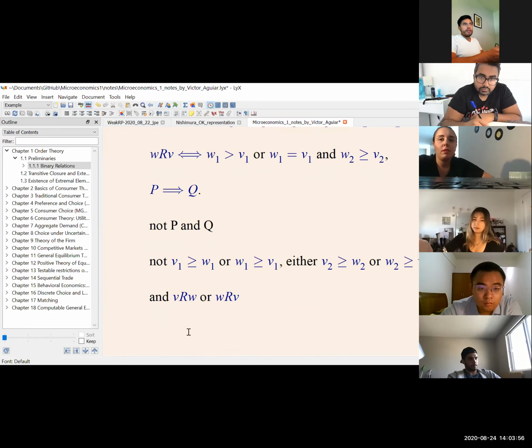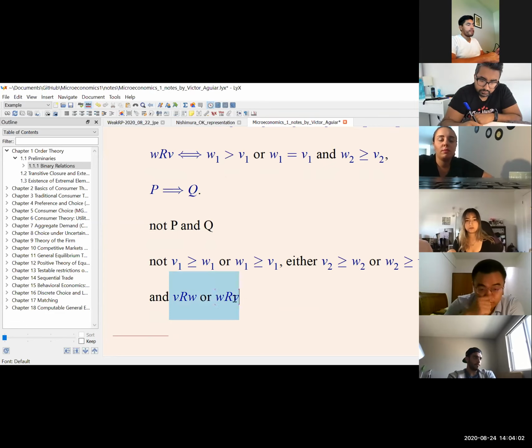But let's analyze this object. If any of these two happens, the second part here, in the conclusion, then it has to be by definition of the lexicographic,